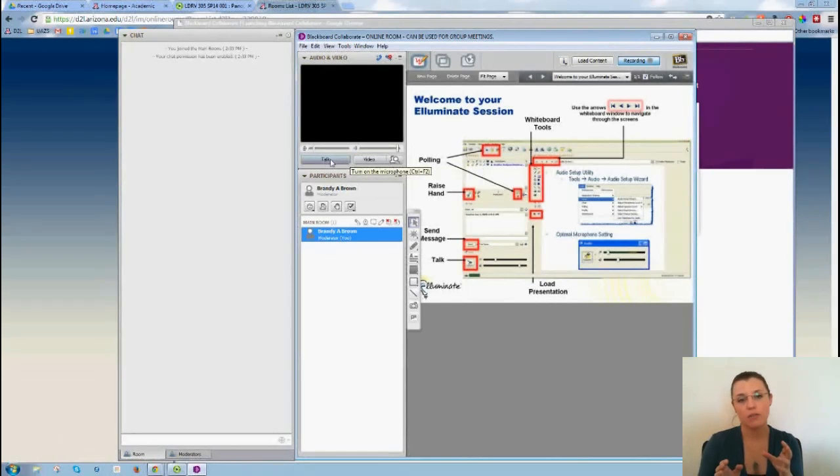And again, this is one of the nice features of this: by not clicking the talk button when you're not talking, your microphone is off. That's really helpful for discussions, when I call on a particular person to answer. Then everybody else's mics are off, just that person talks for a second, so we can really clearly